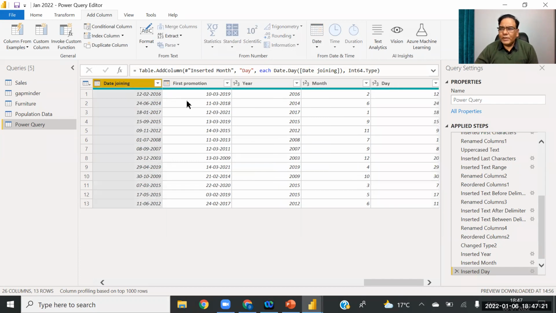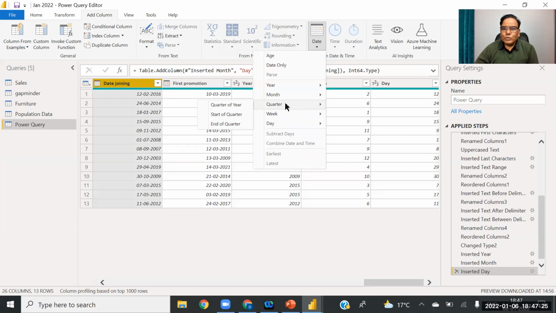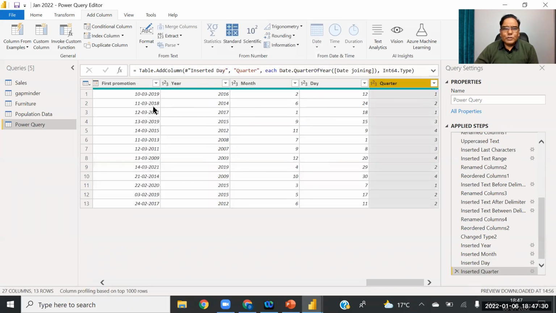So let's see what else we can do. Date. You can also extract the quarter of the year. So February comes in the first quarter, June comes in the second quarter, like this, because according to Power BI, the first quarter is January, February, March. The second quarter is April, May, June.